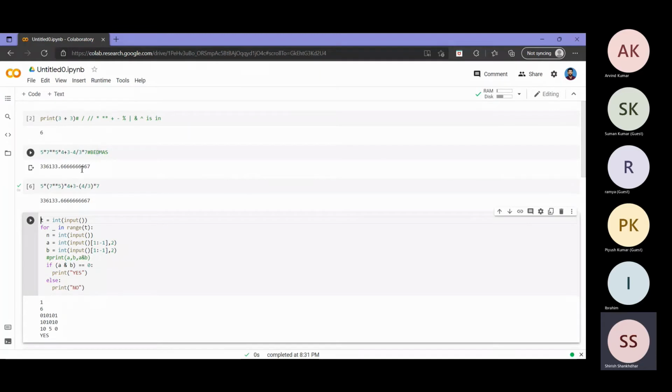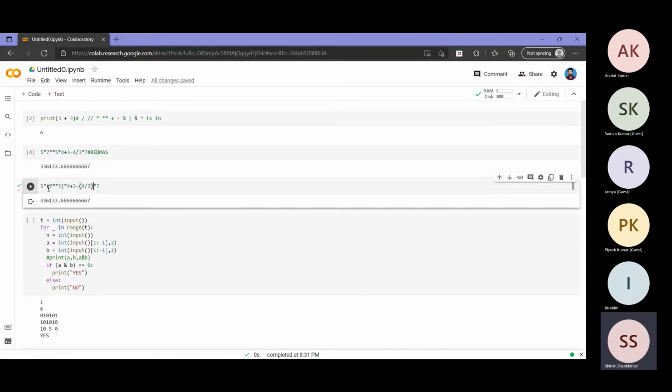Then next thing is multiplication. So I will try to put a bracket wherever there is multiplication, and when multiple operations are in the same place, I will go from left to right. As you can see here, it is 5 into 7 raised to 5 into 4. So 2 multiplies are there. I will put the first bracket here. Or let me try it for a wrong case. I will try to put it here.